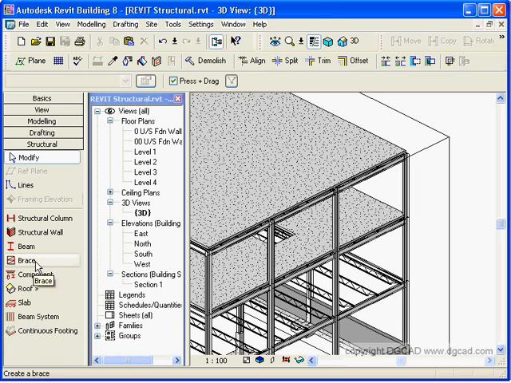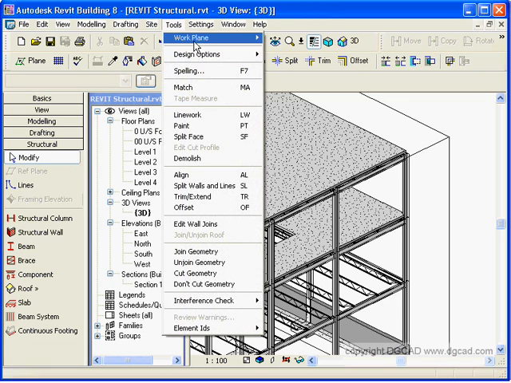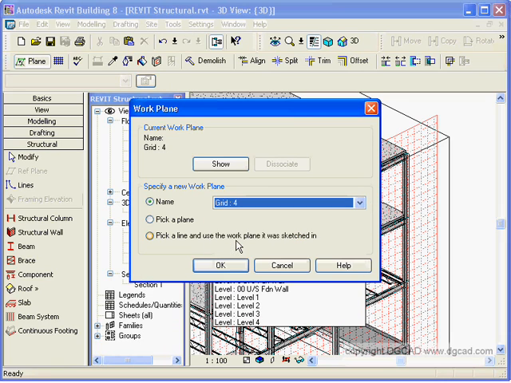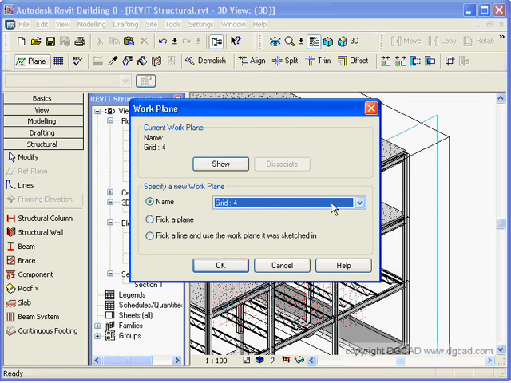And so now we want to try putting some bracing in, and the first thing we have to make sure when we do our bracing is that we have the steel angle or the components that we want to use, and as well we have to make sure we set our work plane. So what we're going to do is start by going up here right now and saying Tools, Work Plane. This is my grid line 4 over here, and I'm going to say Set Work Plane, and I'm going to